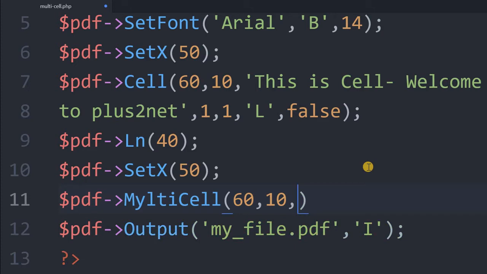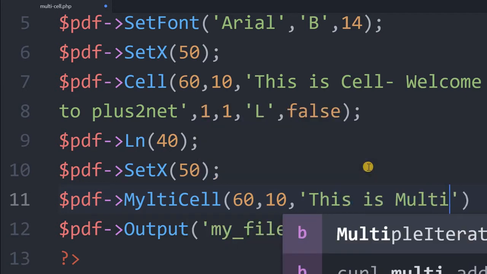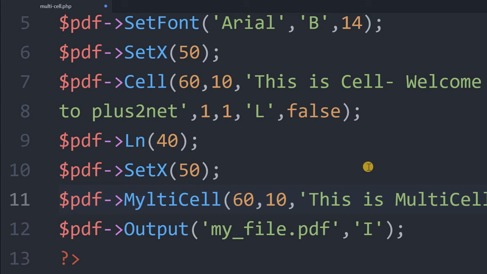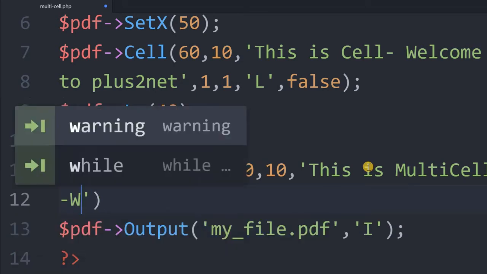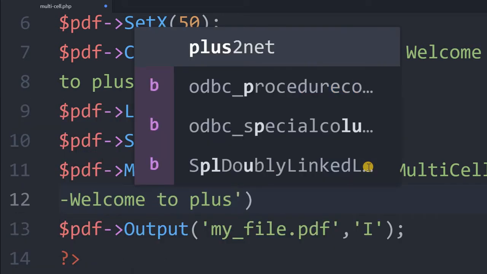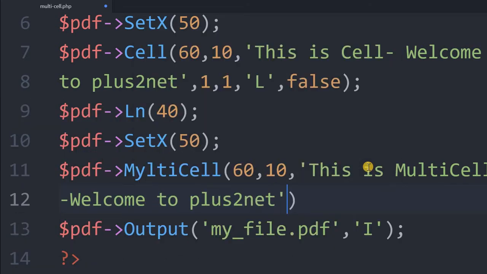Now we are giving the string. So this is multi-cell. So we are differentiating between the two. We are telling it's a multi-cell. Now again we'll increase the length of it, +2net. Fine. Now we will give the borders throughout. In a different way we are now giving it.